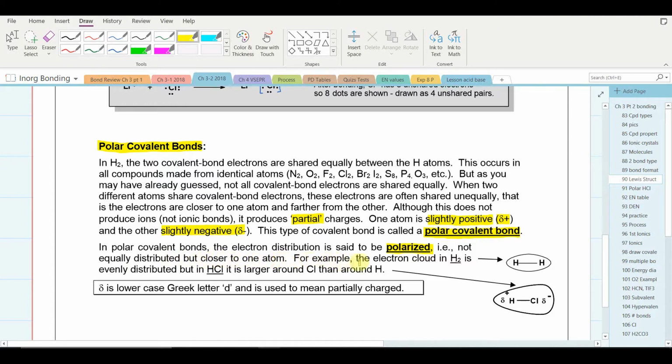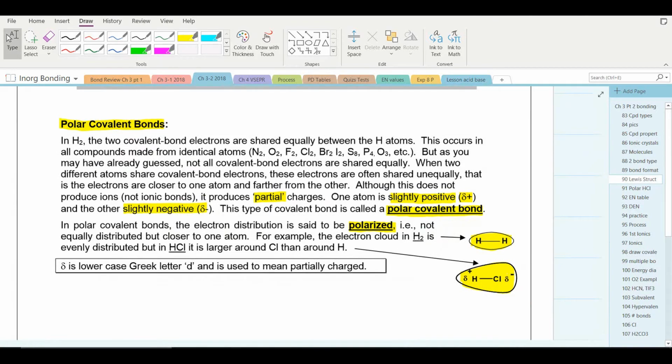So look at the electron cloud in hydrogen. Looks like a rugby ball. It's equally distributed because each hydrogen atom attracts that pair of electrons equally. But it's unevenly distributed in HCl. So here's the electron cloud in HCl. Notice it's larger around the more